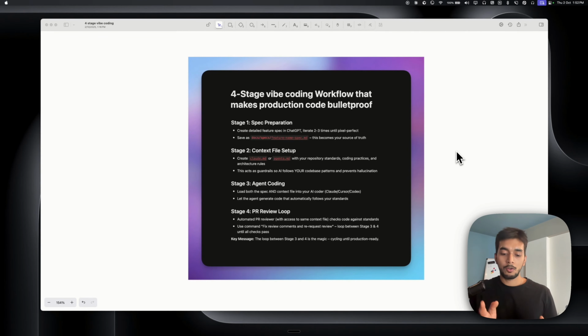If you're wondering why your code is not production ready, even if you have all these tools now like Codex, Claude Code and Gemini CLI, you're still not moving fast enough to production and you are spending a lot more time with debugging than just coding in the beginning. So if you are facing all these problems, then I think this video is particularly the best for you, because